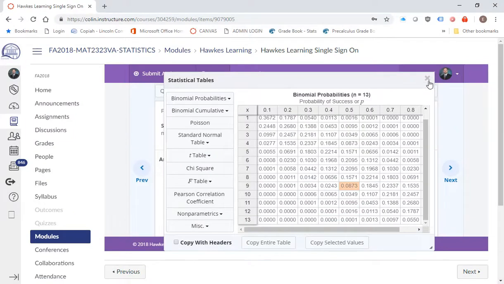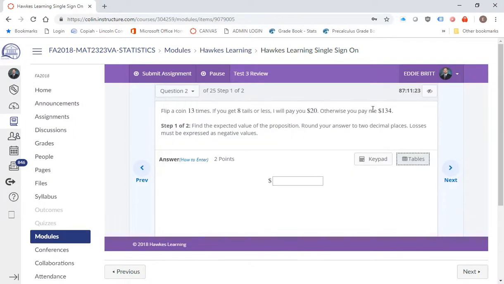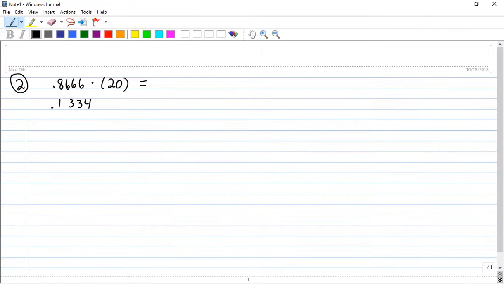That's what the problem told us. You pay me $134. So if you're going to lose money, you have to represent that with a negative. So that's a negative $134. Okay. And again, this is expected value. So you have to take the probability of something happening and how much you're going to make and multiply those. And when you multiply those together, you get